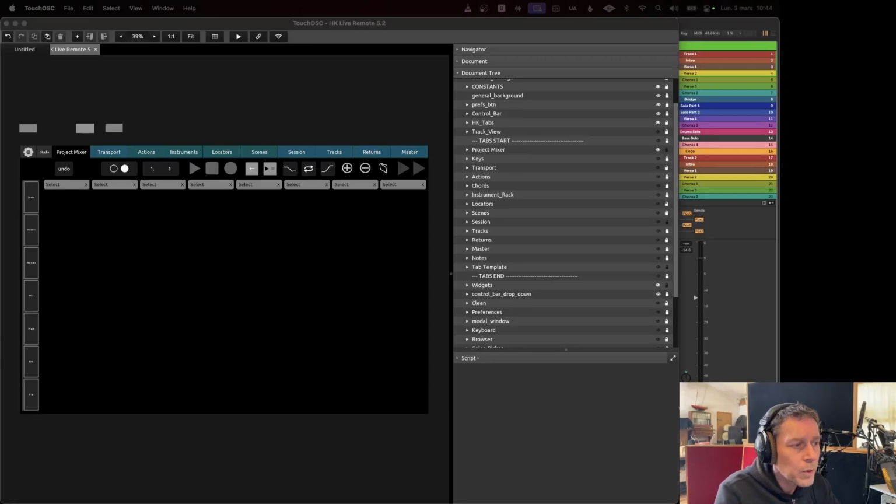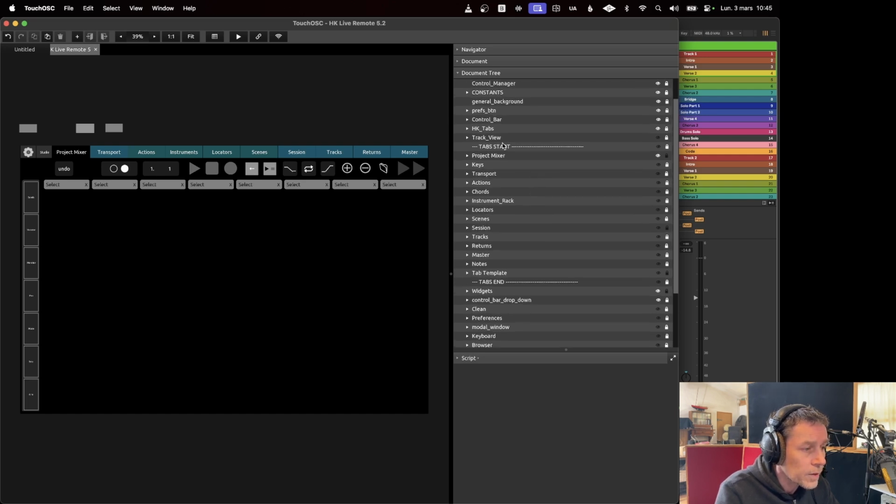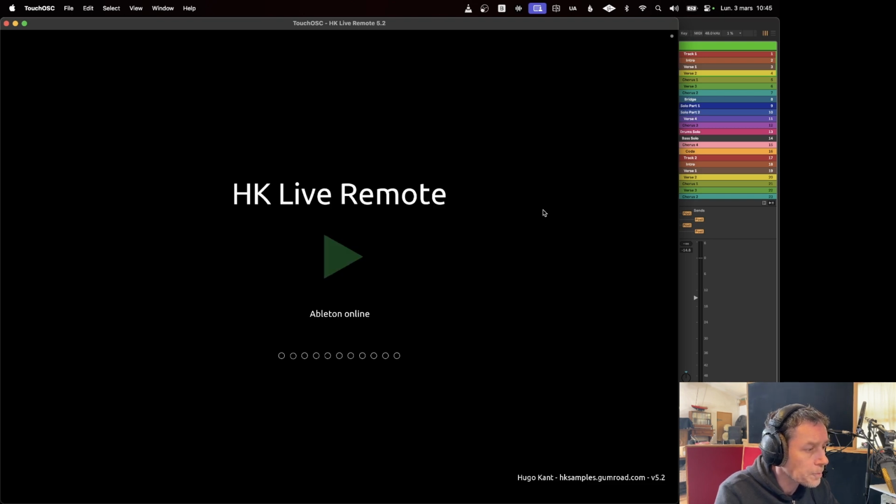Hello everyone, I'm going to do a quick overview of the tabs and widgets in the TouchOSC template. So here we have TouchOSC, and we can see in the document tree there's a tabs start here and tabs end. That's where all the tabs are located. So if I launch the template,